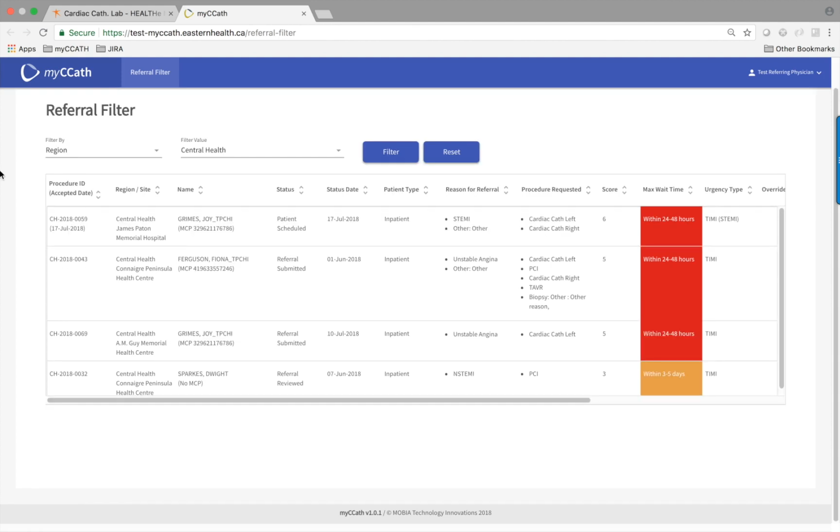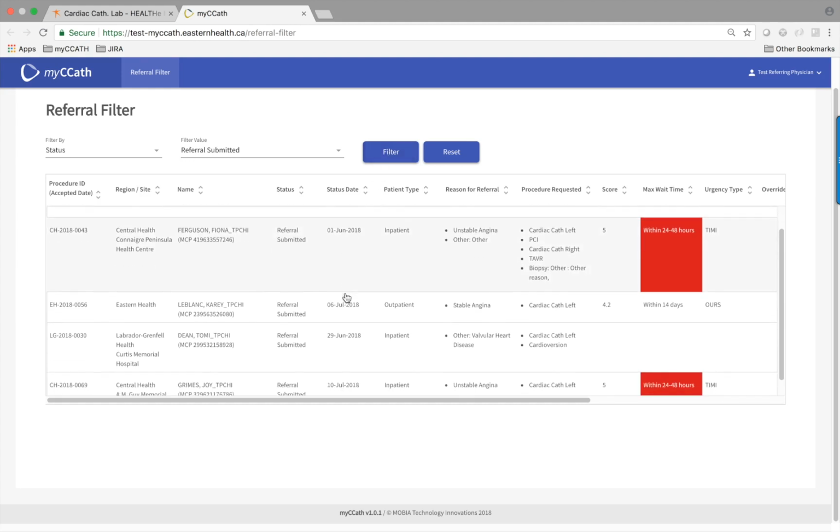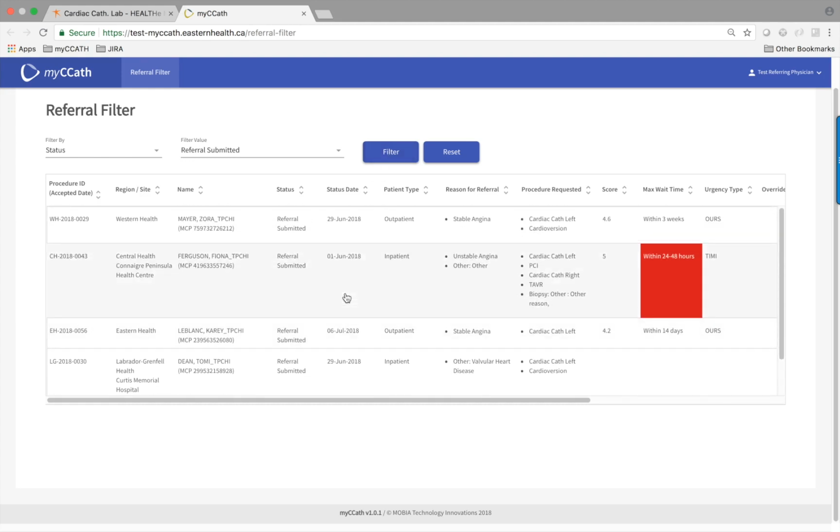Let's look at the various filter criteria that are available and the results that are displayed. We've already looked at region. Let's choose the next one, which is status. Status identifies the different workflow states and all of the corresponding referrals that align to that state. So for instance, if we select referral submitted and click filter, we see all of the active referrals that are